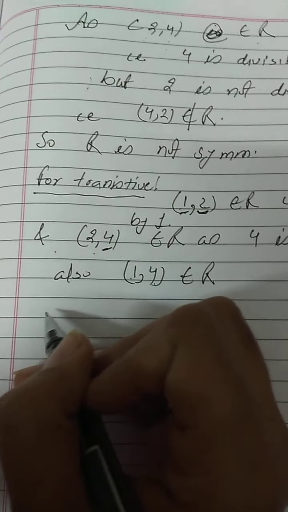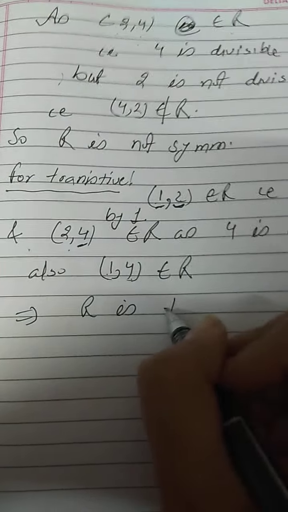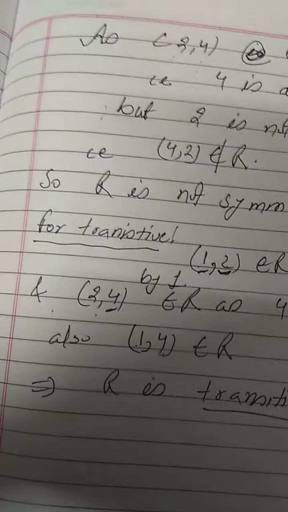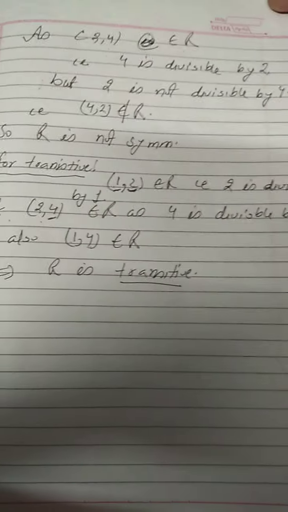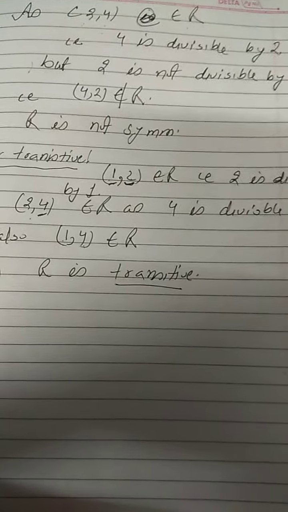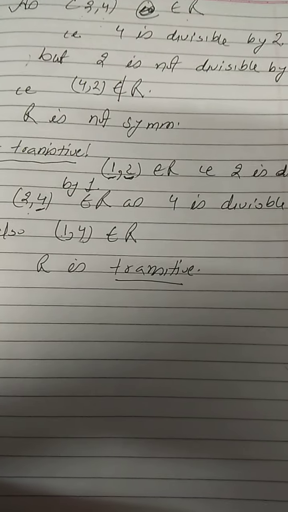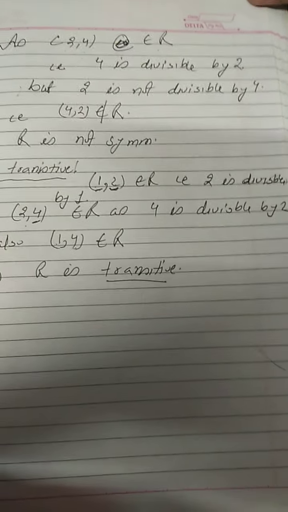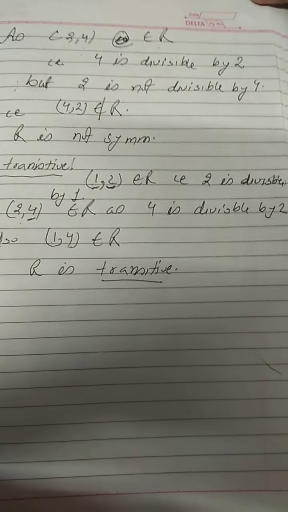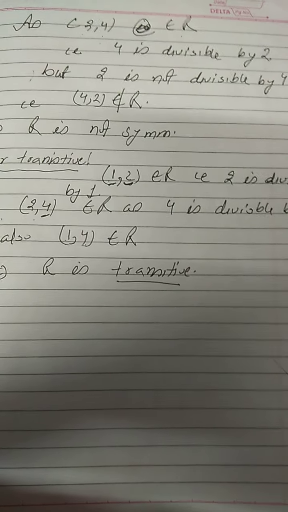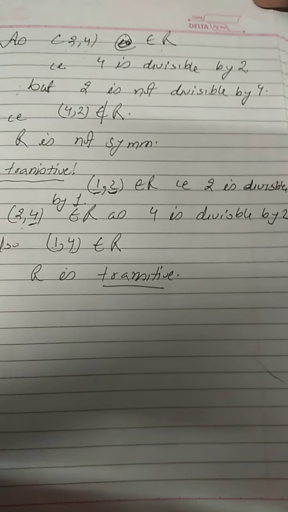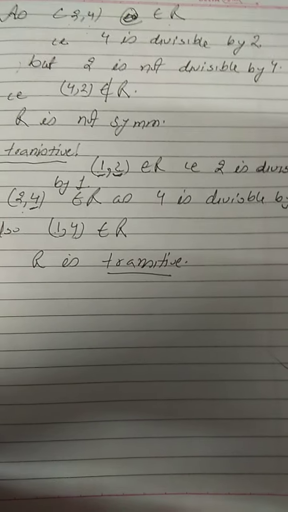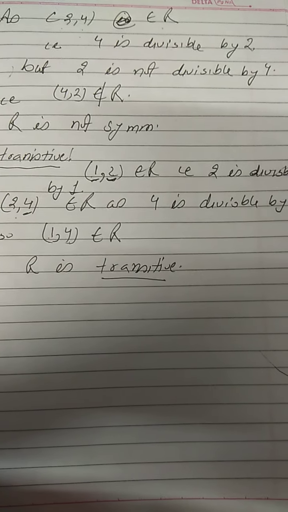So what does it mean? It implies R is transitive, right? So this given relation, the third part, is reflexive. It is not symmetric, but it is transitive, right? I hope the concept is now getting clearer for you, how we are proving it and how we are checking it, and it will be clearer once you do the sums on your own. Once you write them down and solve them, the concept will become more clear.